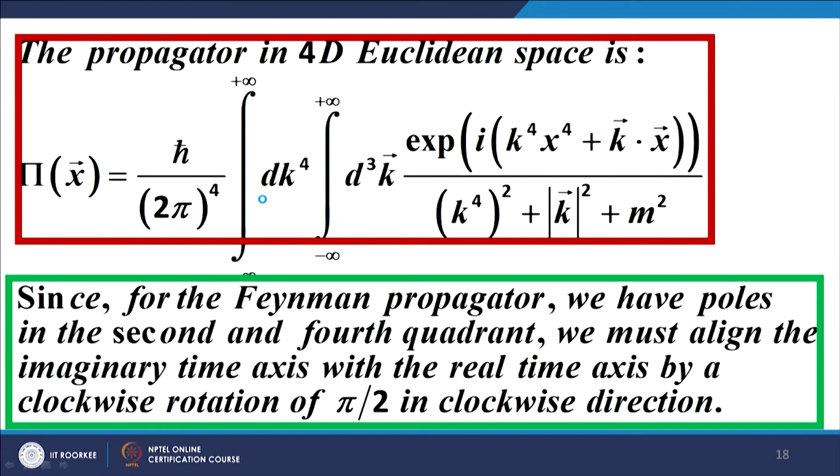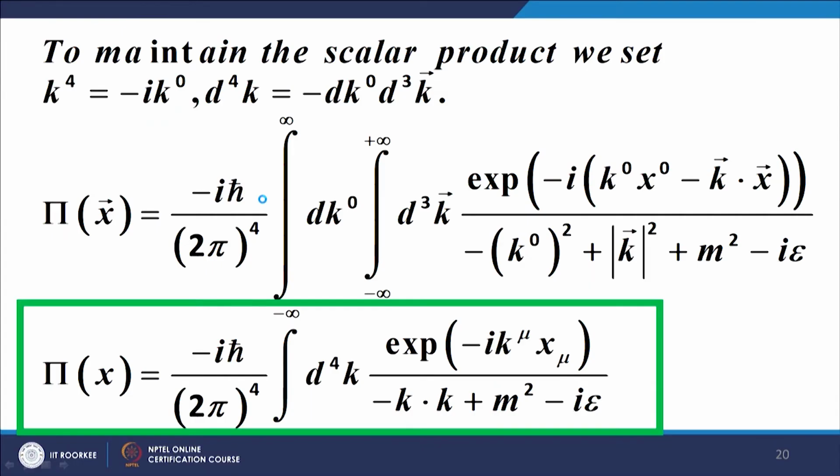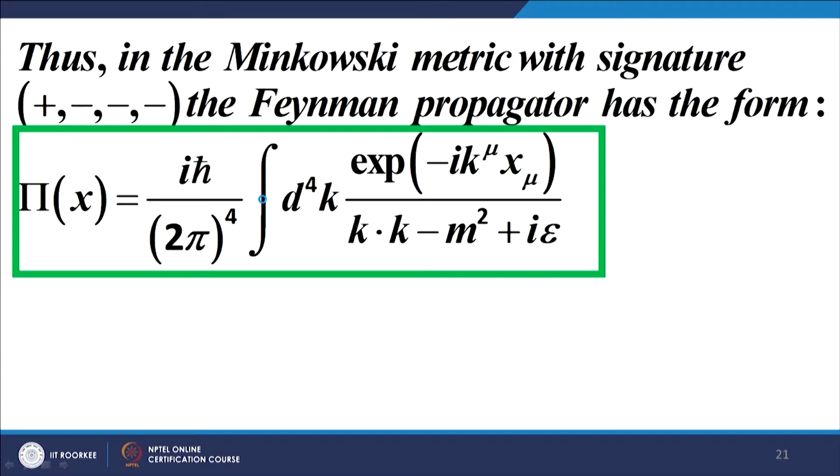Let me go back and explain that. Yes, here it is in the green box. This is the expression for the Minkowski space. So, when using this expression for the transition amplitude or for the generating functional, the delta x minus x dash propagator would be expressed in terms of the expression given in the yellow box. So, let us move on. This is the final expression for the Minkowski space when we obtain it through a Wick